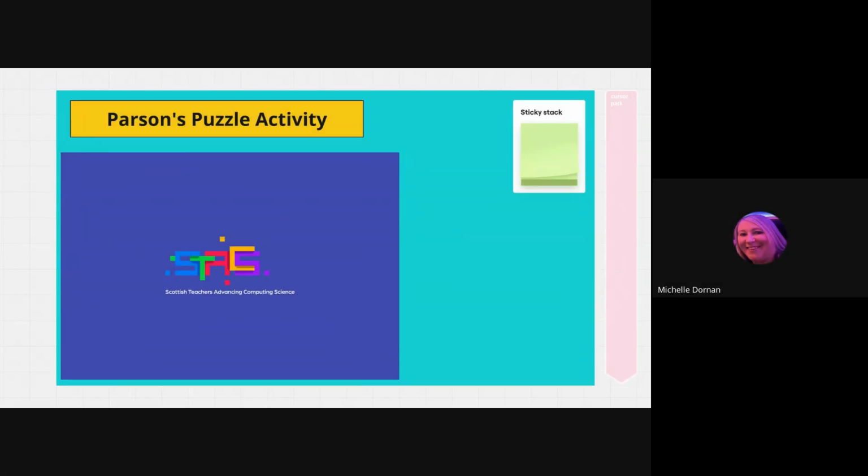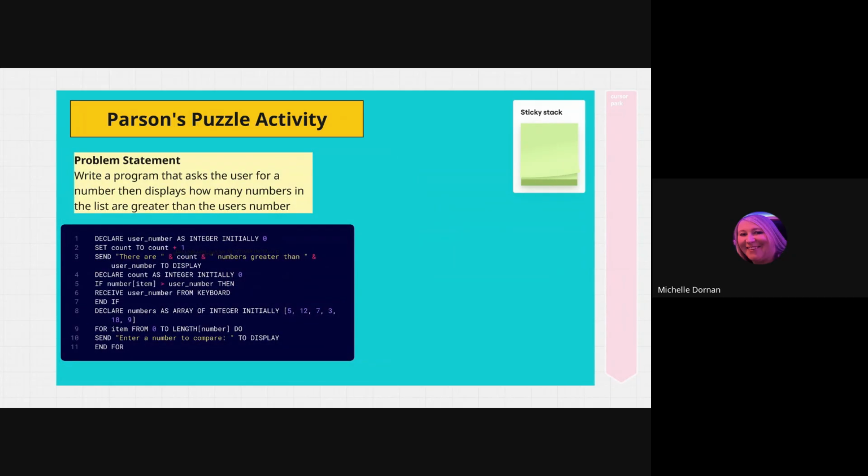So now I've talked to you about a Parsons activity. You know what it is, you know how to do it. We're going to have a wee shot on our own. So what you're going to see on the screen is that there is a programme that needs to be sequenced correctly. So if you all get a post-it note, you can use the line numbers down the left-hand side and